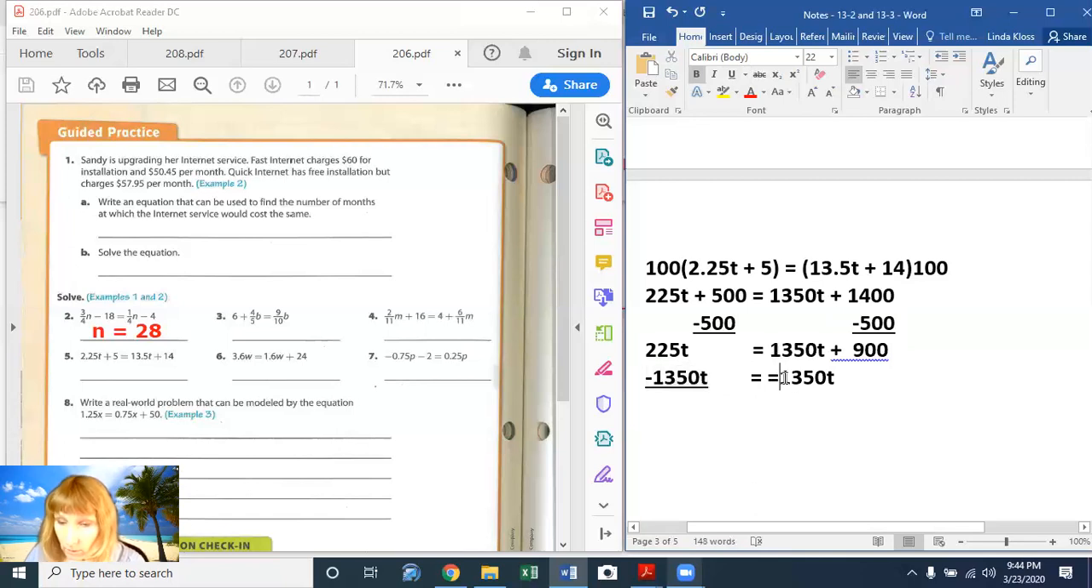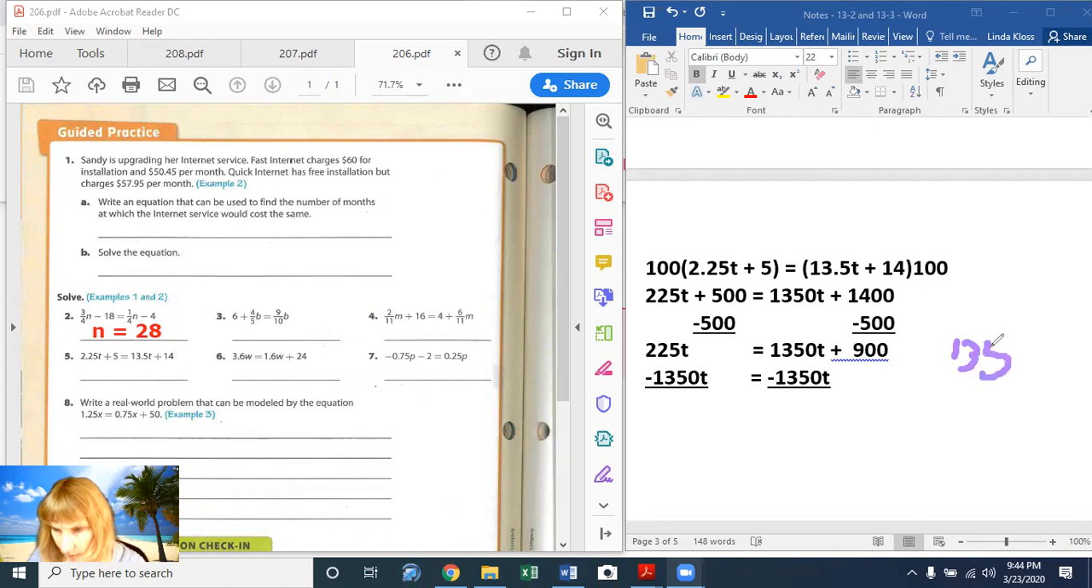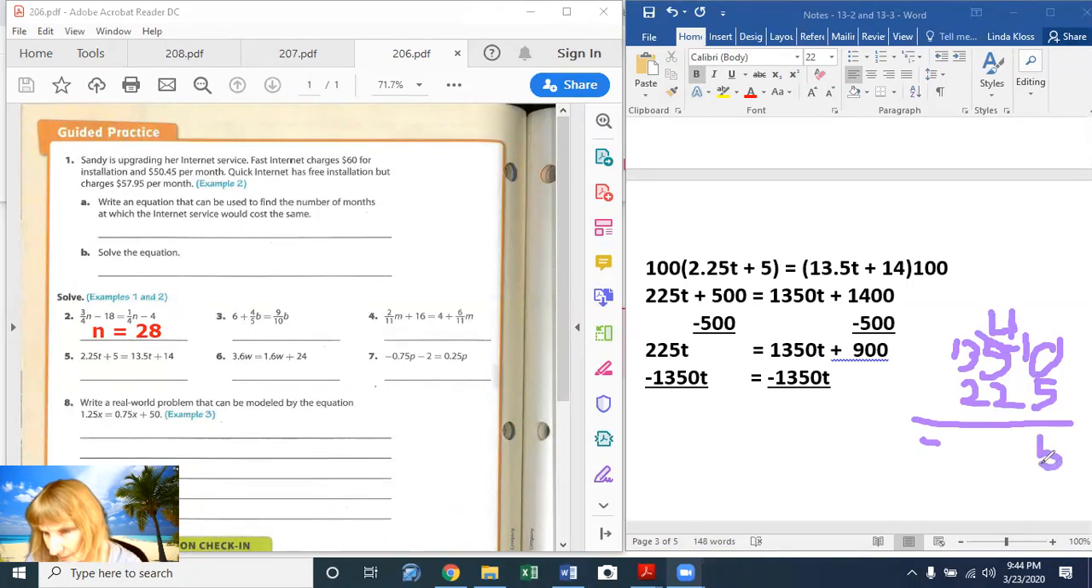And if we do that, we get, it's not supposed to say equals, but say minus. Minus 1350t. We now get 225 minus 1350t. So I don't know about you, but that's the same as negative 1350 minus 225. 25 is positive. That's negative. So we're going to end up with a negative answer. Can't take 5 from 0. This becomes a 4. 0 minus 5 becomes 10 minus 5, or 5. 4 minus 2 is 2. 3 minus 2 is 1. 1 minus nothing is 1. So on this side, we're going to have a negative 1125